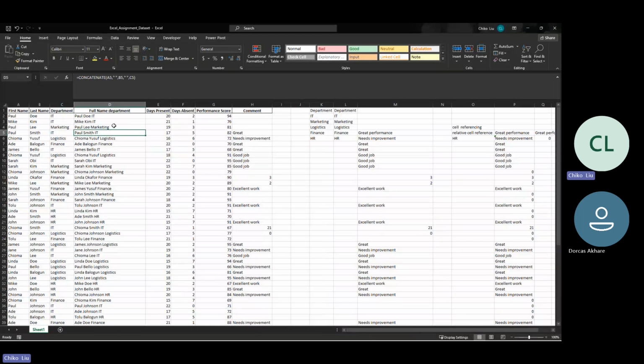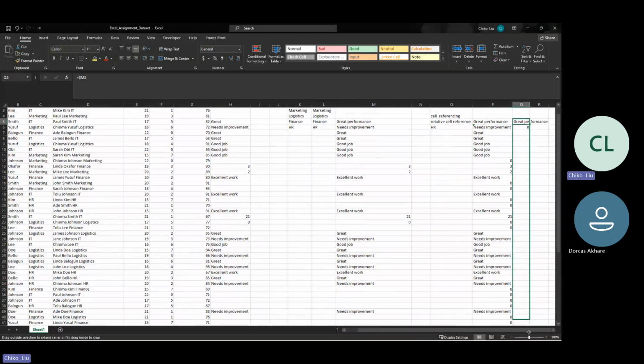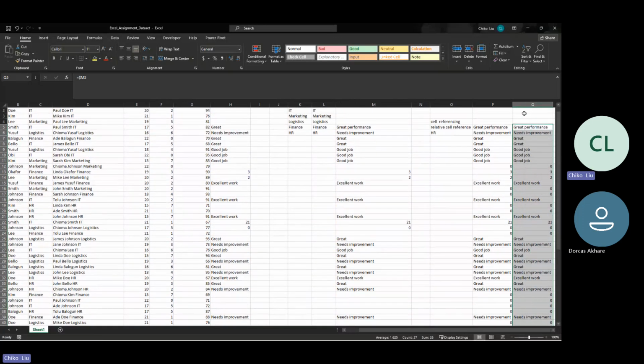So the column is the alphabet, and the row number is from top to bottom. Now, when I'm clicking to the side, the row number will not actually change in reality, and only the column alphabet will change. But when I start clicking and dragging down, then the row number is going to change, and it is going to give me the same thing. Does that make sense? That is one iteration of relative cell referencing,